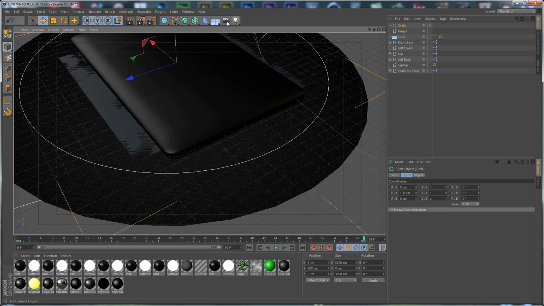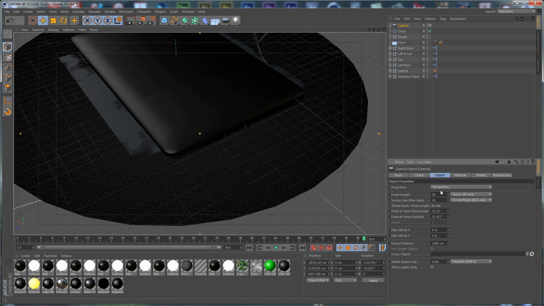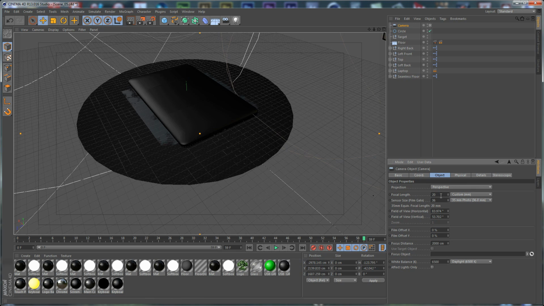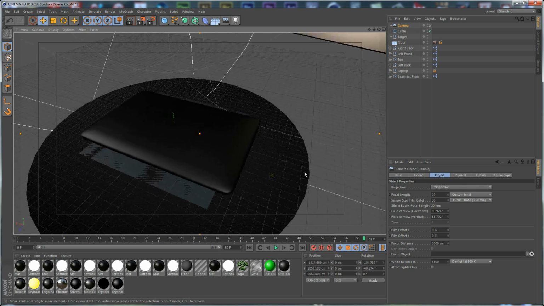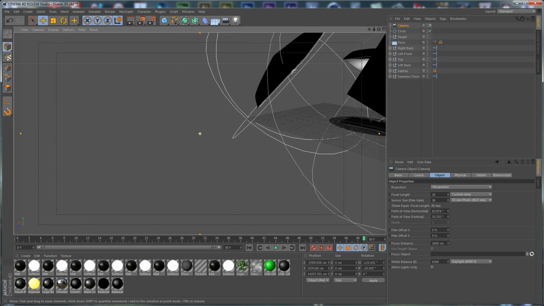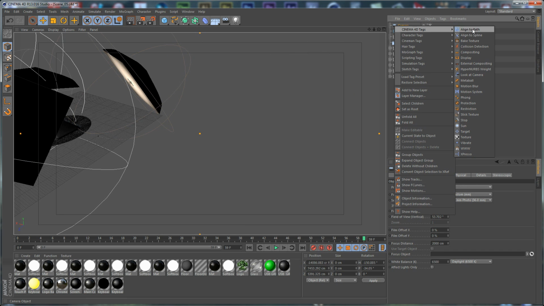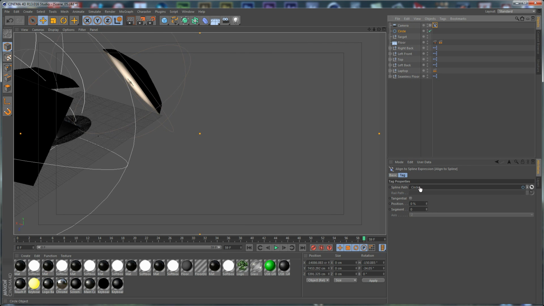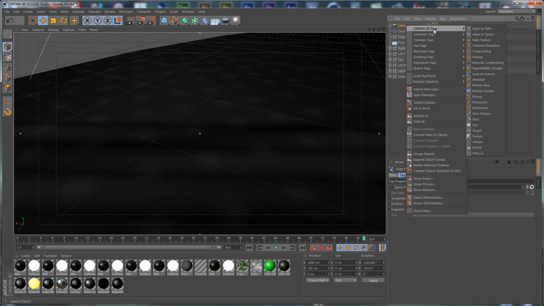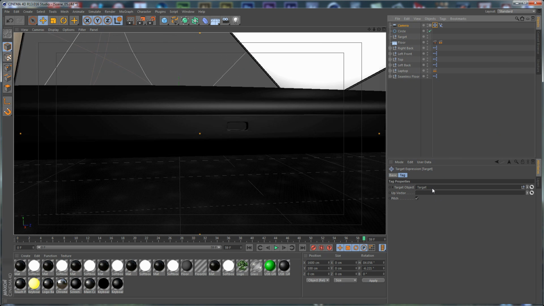And we need to create a new camera, and just let's enable this and go to object and set the focal length to 20 millimeters. As you can see, we have a pretty wide angle camera right now, and let's apply our tags. So let's go to Cinema 4D tags, align to spline, and drop our spline here, and let's go to Cinema 4D tags and target and drop our target here,